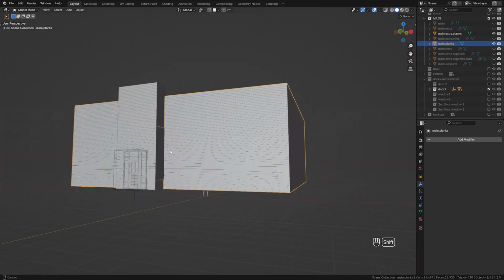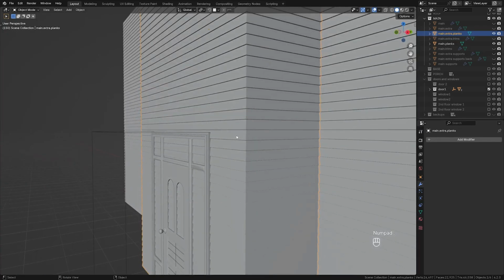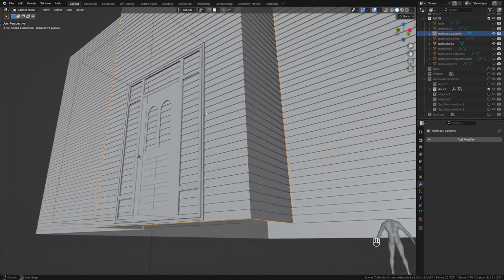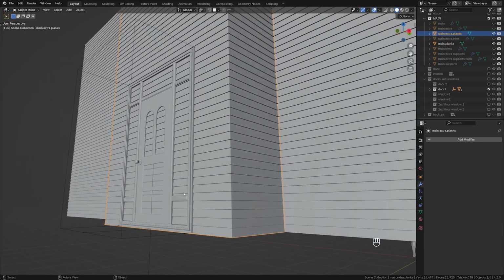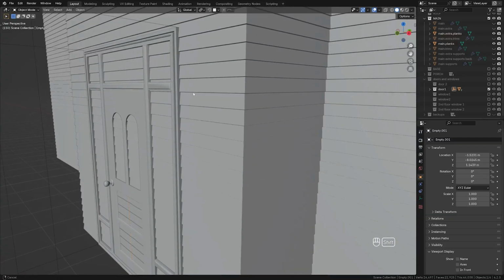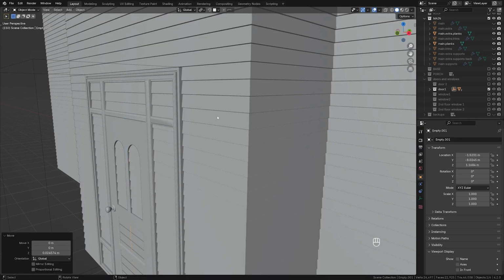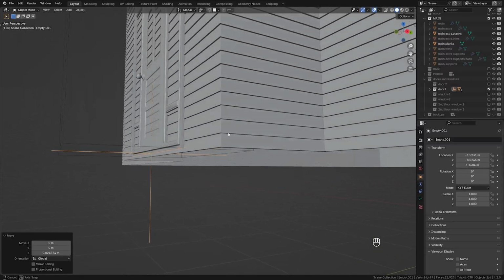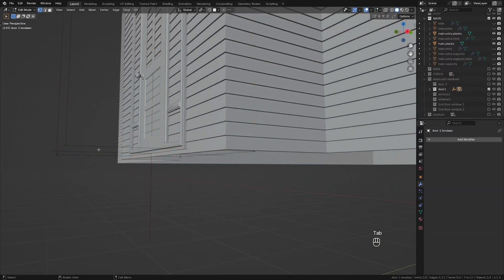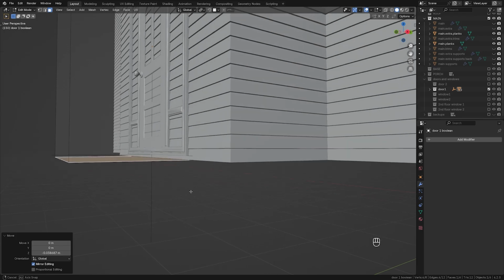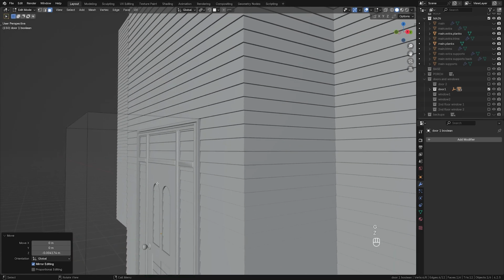Now let's unhide the main door. Now there's a small problem. The cutter object is cutting right through the middle of one of the planks, and we do not want that. We want it to cut the planks right in the middle, so we will not have planks with faces more than 4 vertices, which is going to cause shading artifacts later. So what I'm going to do is I'm going to move this up a bit, then I'm going to tab into edit mode on my cutter object, select this bottom face, move it down so it cuts right through the bottom plank all the way, this upper face,